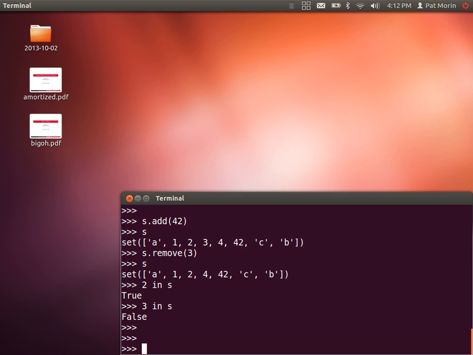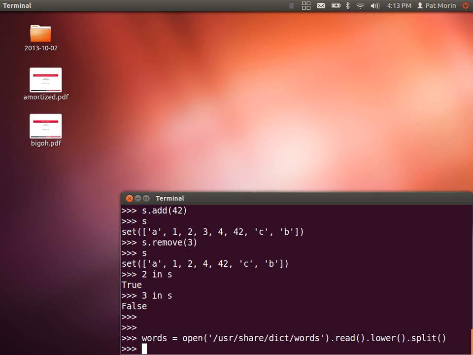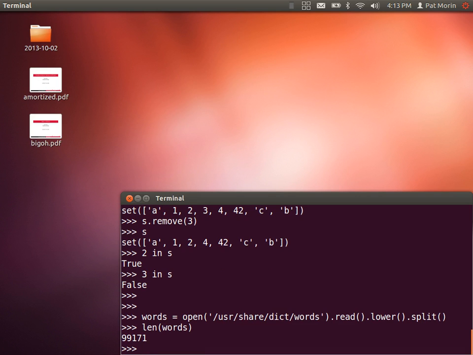And we saw an example of how important this can be already in the third lecture, I believe it was. That was when we first played around with this dictionary. So remember, we opened the list of words. We read it. We converted it to lowercase, and then we split it. So that gives us a list of